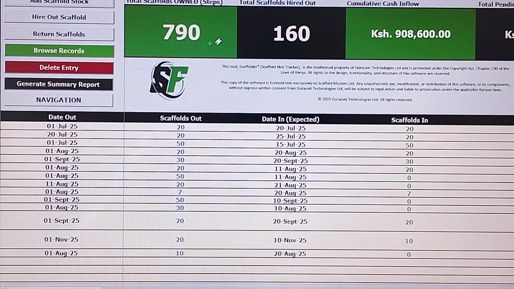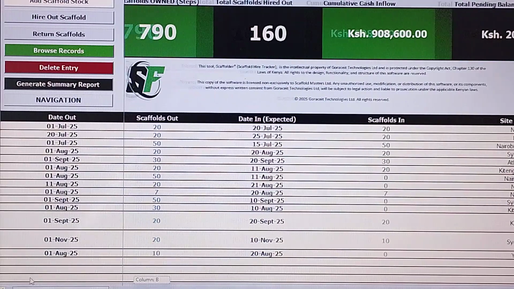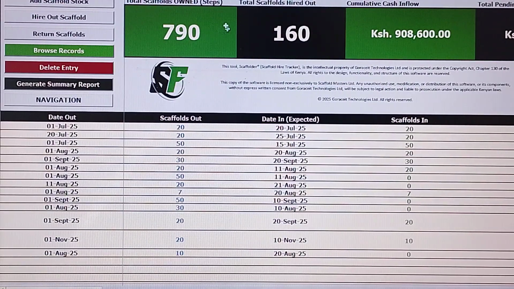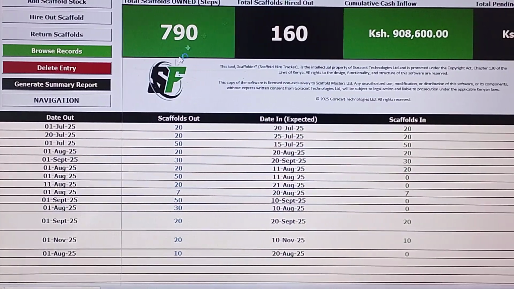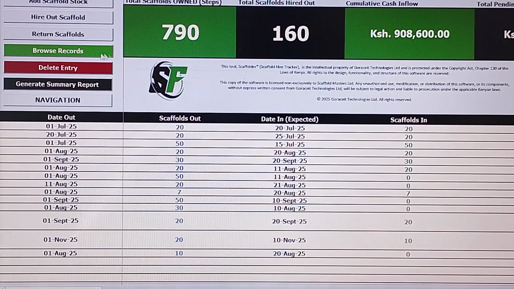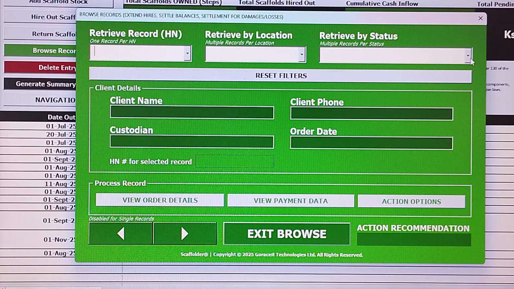So I want you to see the effect of taking the ones which are damaged from the damaged pool. So this is the damaged pool. So we are going to take the 10 which are here, fix all of them, and return them to our available total owned scaffold which are available for hire. Okay. So to do that, go to browse records, and then go to